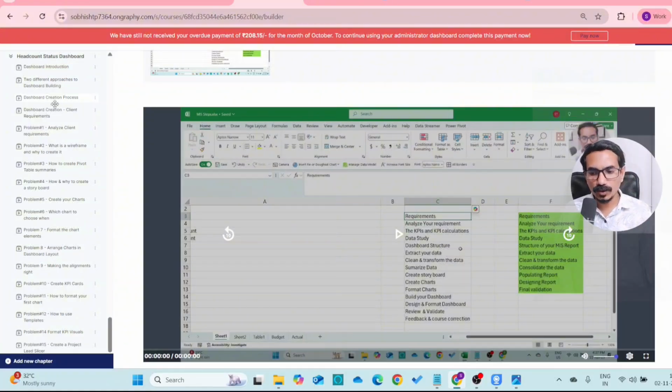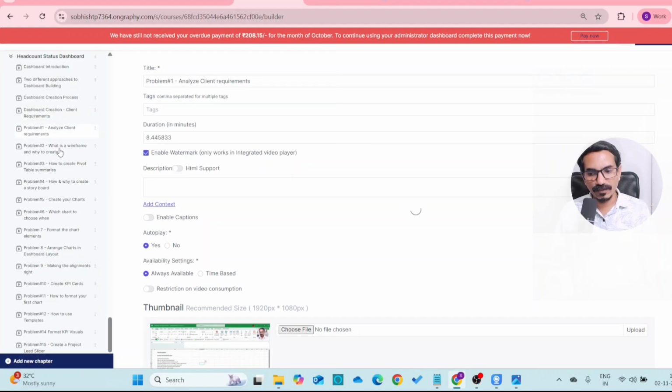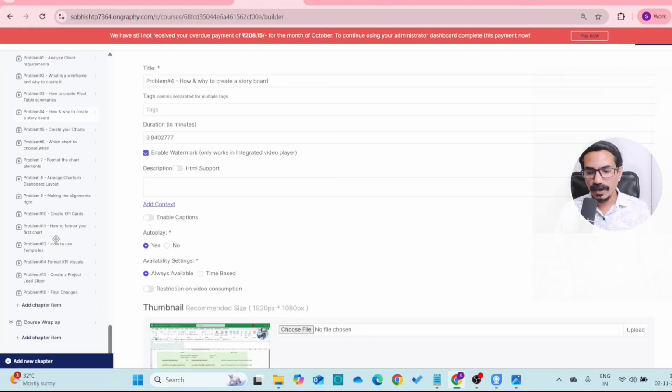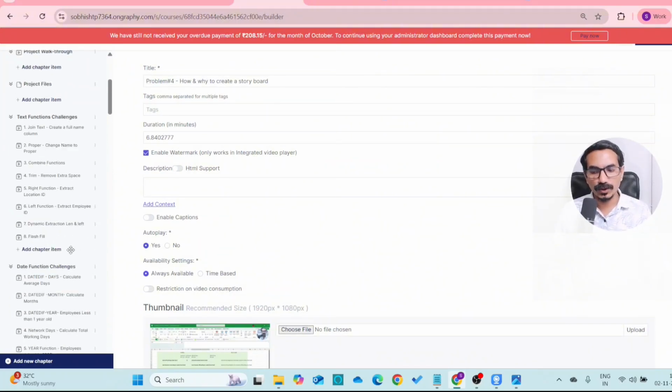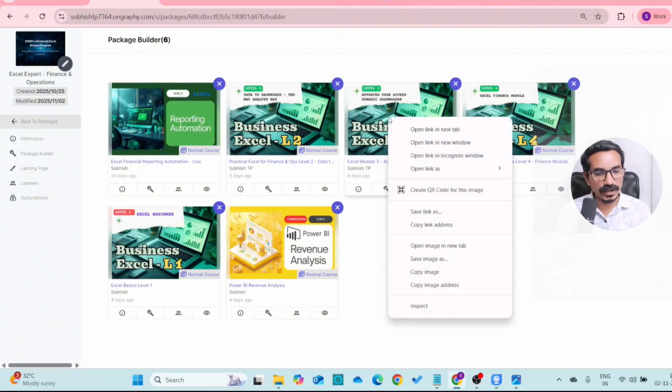Okay. So I'm going to show you the step-by-step approach, right from client requirement, analyzing the data, wireframe, summarizing the data, how to create and why to create a storyboard, everything, and you are going to build a complete dashboard. So this module is going to be a completely project-based module, which you are going to learn from data preparation to dashboard, end to end, in a very practical way. So once you master this module, then we are going to go to level 3,